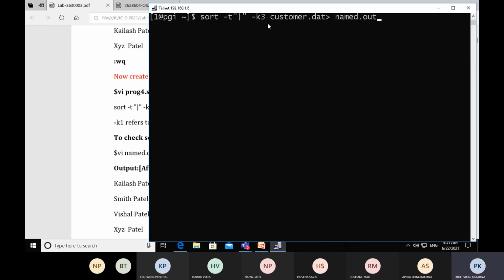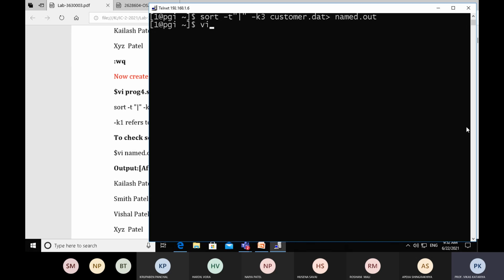The output of the sort command will not be displayed here. It will be directly stored in name.out, and if you want to display the sorted records, you have to open name.out. So press enter. As I told you, it will not display the sorted records based on column number 3, because the sorted records have already gone to name.out.